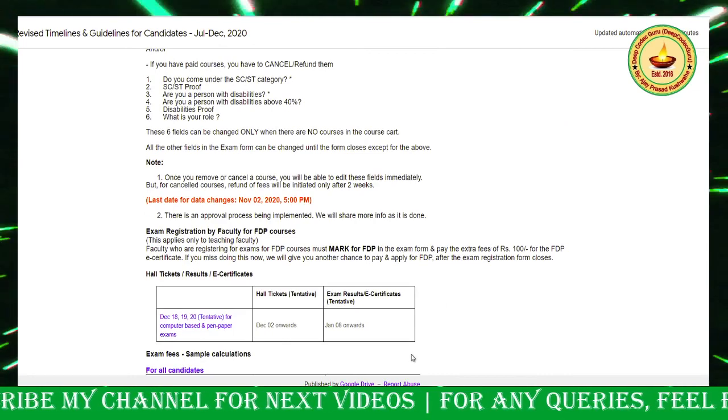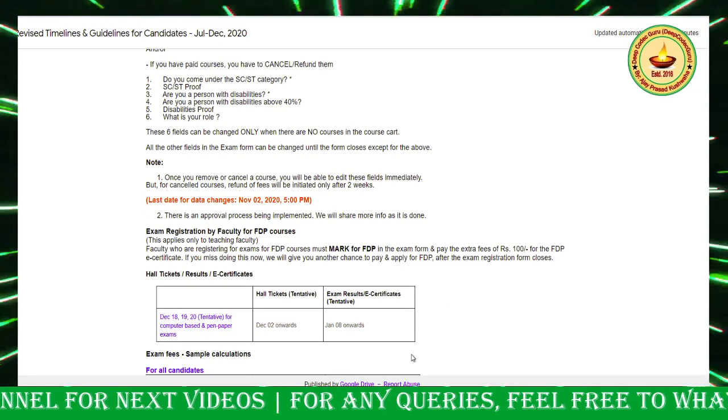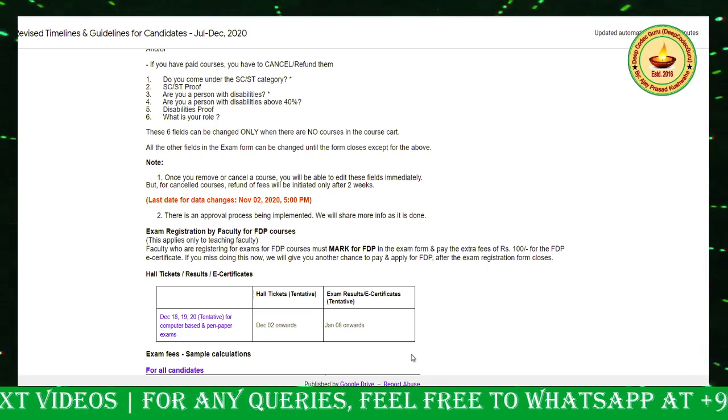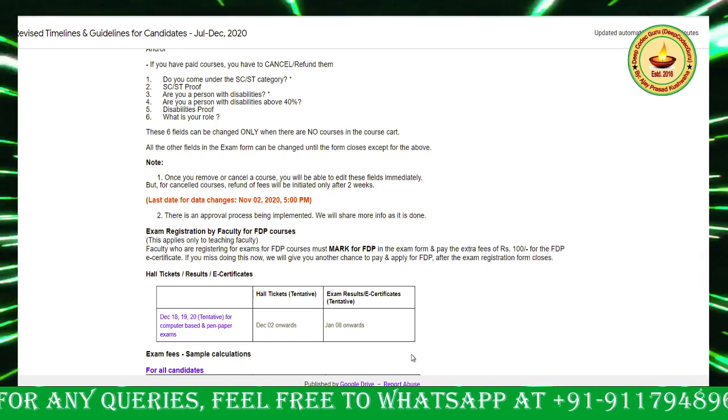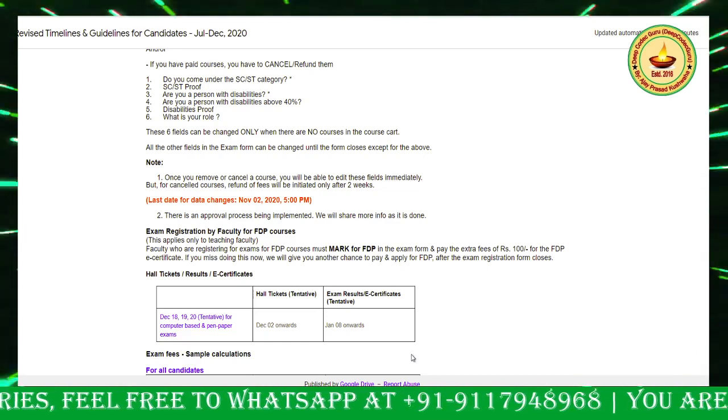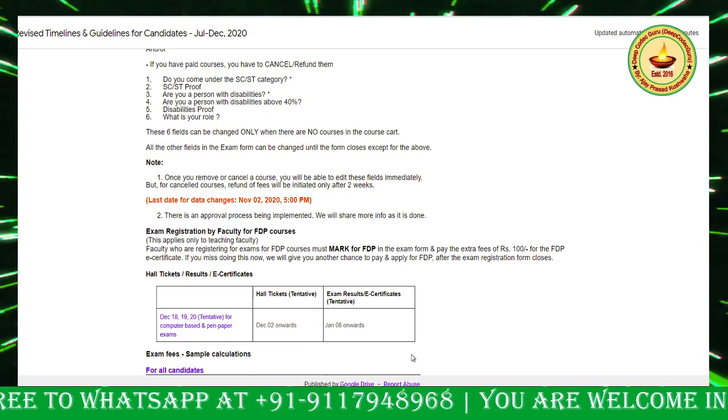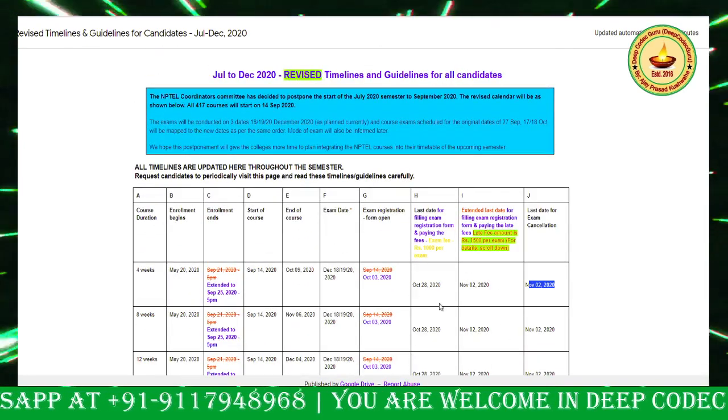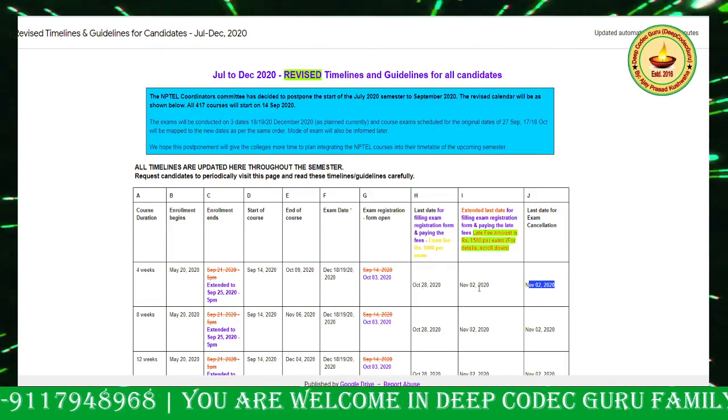Okay guys. And even if you are faculty and have already paid for the courses and forgot to pay for the FDP certificate, then you have to follow some instructions. After closing, the last date is November 2.